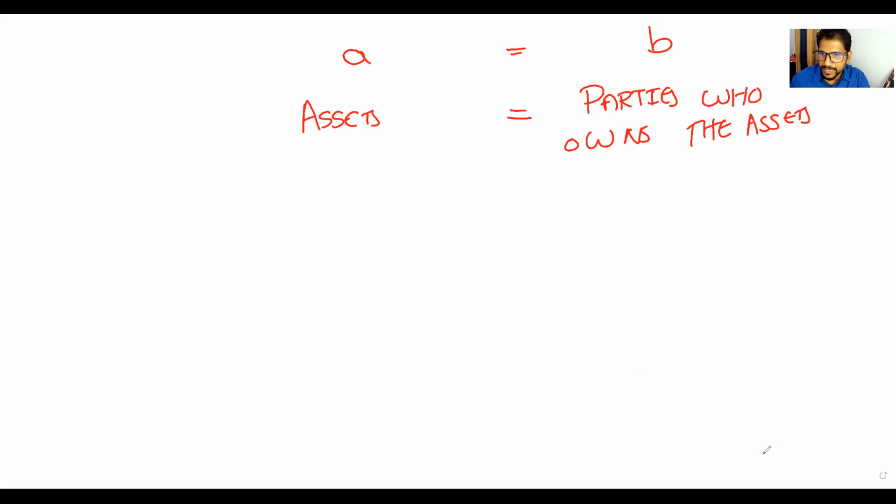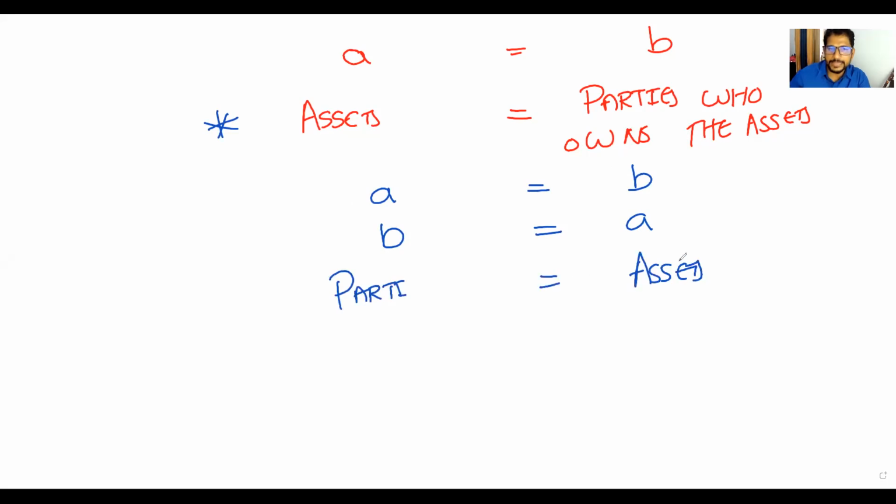Do you know, the equation can also be written the other way around. I'm just saying something simple, okay? If A equals B, I can change the sides: B equals A. Therefore, I can do the same thing to this side also. If assets equal the parties who own those assets, then the parties equal the assets. Are we clear? Right. Now, let's get back to the lesson.